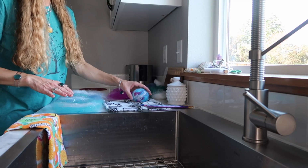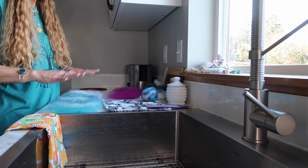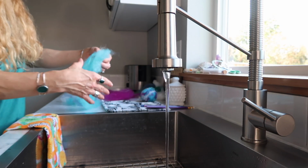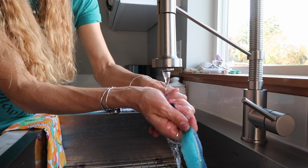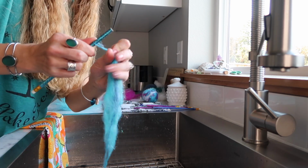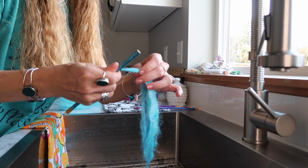So now let's prepare for the next step. You have your ball drying, your pencils and paper clips ready, your tentacles laid out and nearby. A bit of water running, just warm. Go ahead and take the first tentacle and submerge it in the water until it's thoroughly wet. Now take the end of your wool, twist it with the very tips of your fingers. So once you've got that twist going at the end, you want to secure it onto the pencil with your